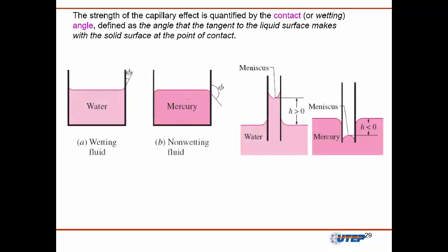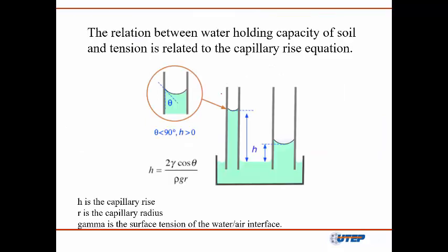So one of the things is the capillary effect will depend on the liquid. So if you have water, it's a wetting liquid, and you'll have the meniscus, and you learned this in chemistry. But if you have mercury, it's a non-wetting liquid, so this angle will be a lot larger. And so there are equations that you can use to determine the height based on that angle. We're not going to go into details, and there might be one or two problems in the book for that, but it's a straightforward application of the